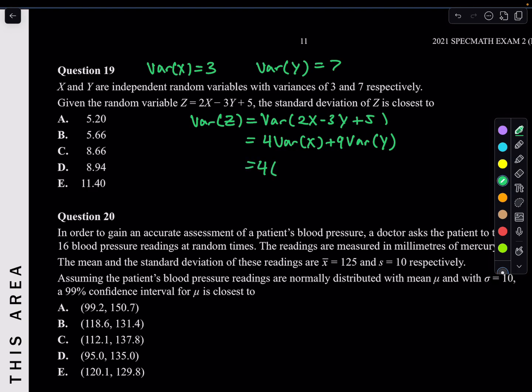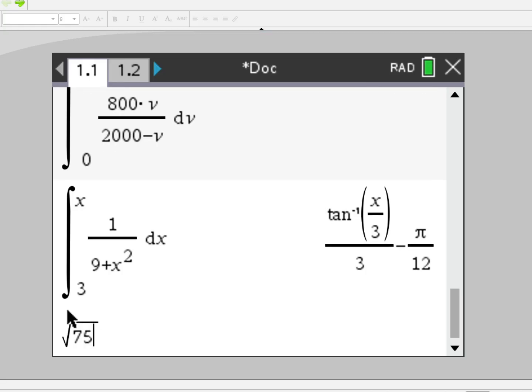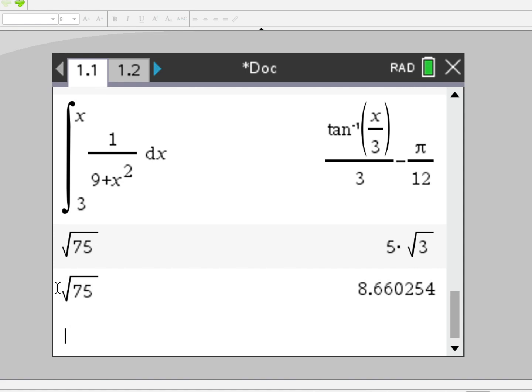And so 4 times the variance of X, which is 3, plus 9 times the variance of Y, which is 7. So that'll be 12 plus 63, which is 75. And of course, this is your variance of Z. To find the standard deviation, you need to take the square root of that 75. Done. So let's do that in our CAS. Square root of 75, enter, 8.66, which looks like